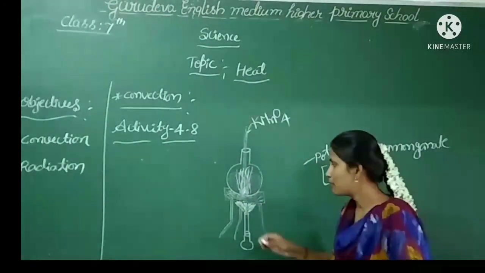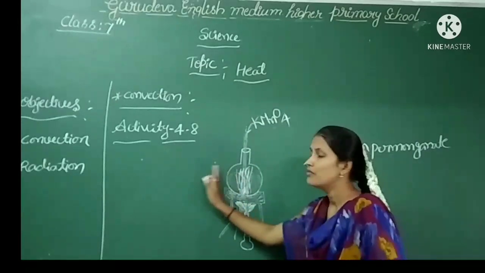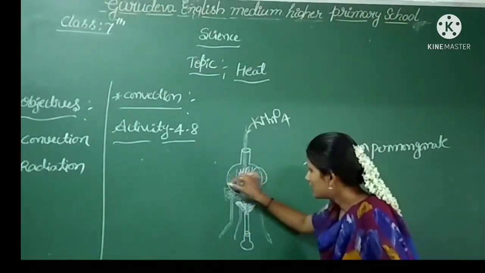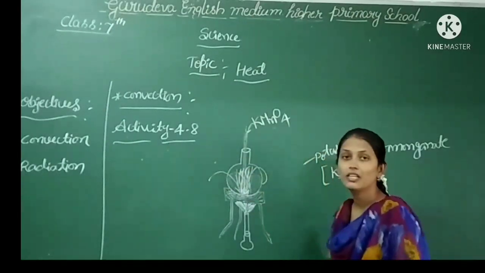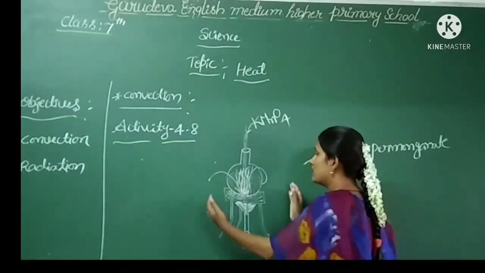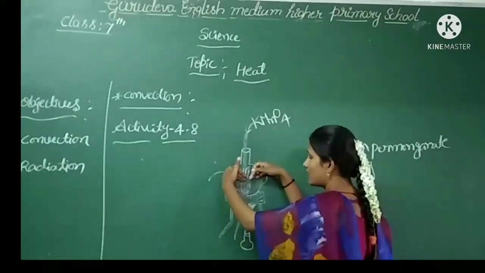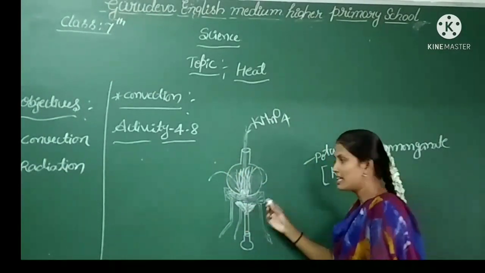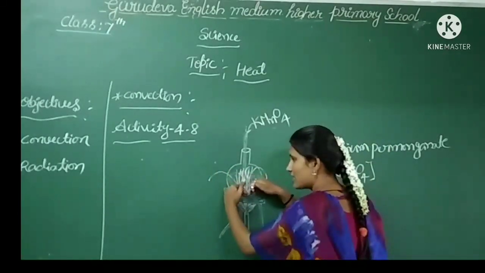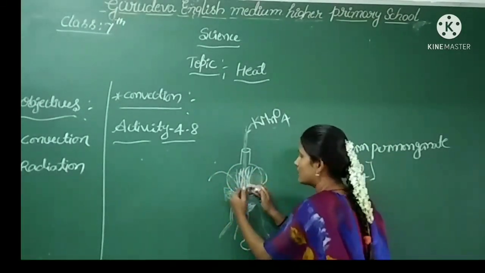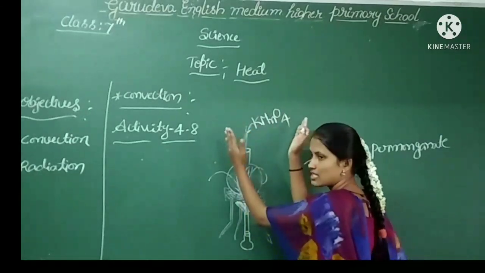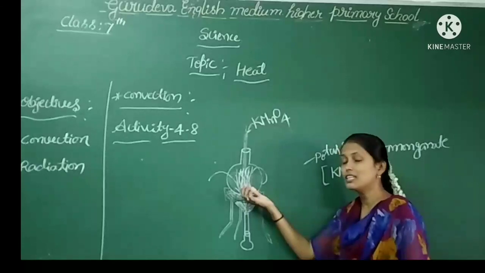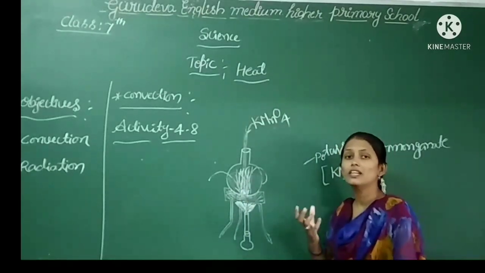Later the water present on the side of the flask enters into the downside of the flask. From the side of the flask the water comes to the area near the heat source. Again this water absorbs the heat energy, becomes light and rises up. Dear children, in this manner the water present in the flask heats up.